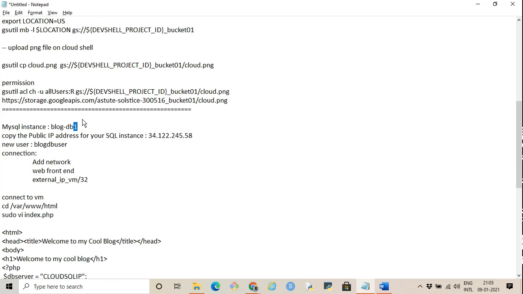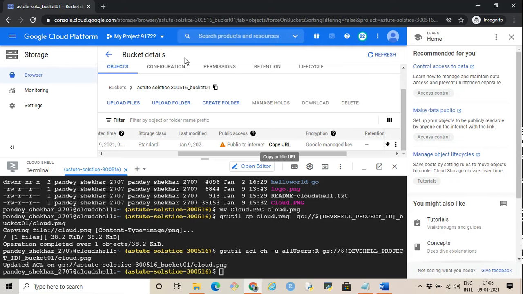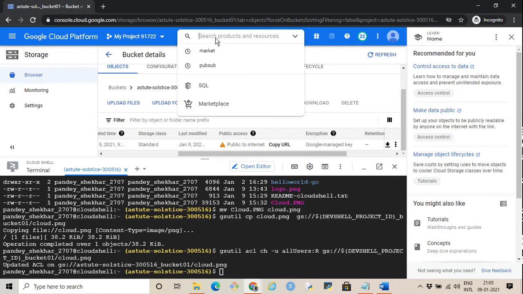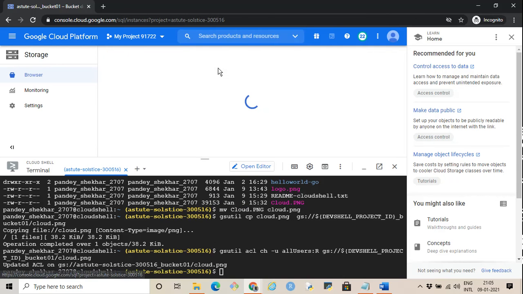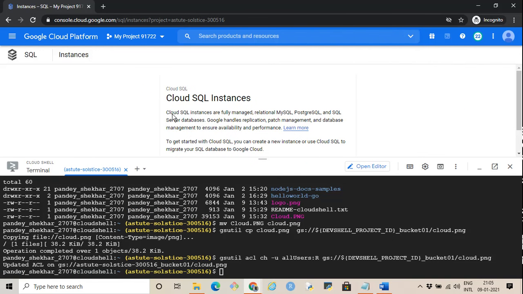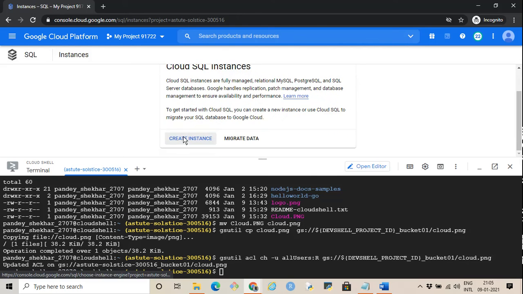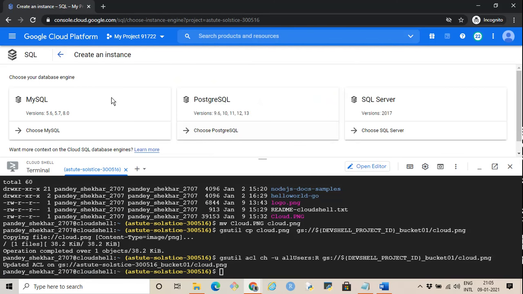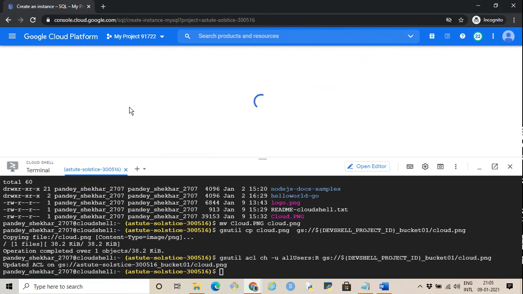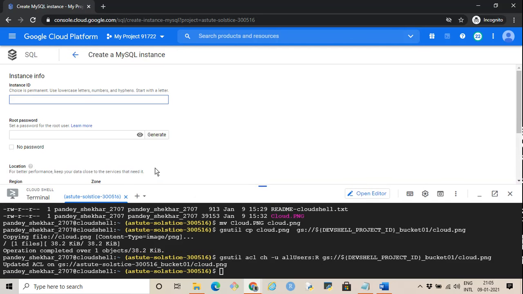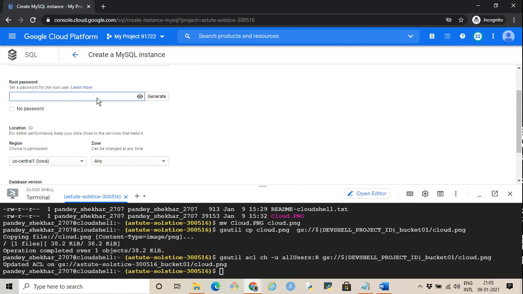Let's say log-db. So for this we have to go to search product and resources, just search for SQL and click on this. This will open this page where we can hit the create instance button. Let's choose MySQL, and it will give us a form which we can fill. Instance ID, we are choosing it as log-db. Root password we can set as